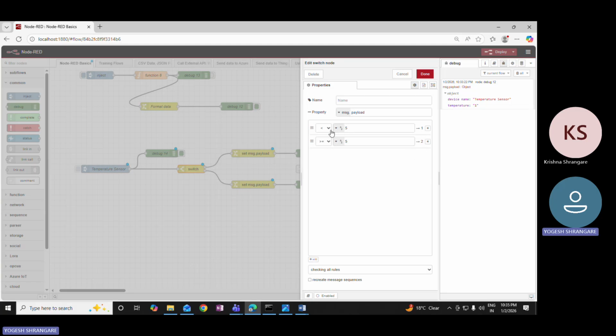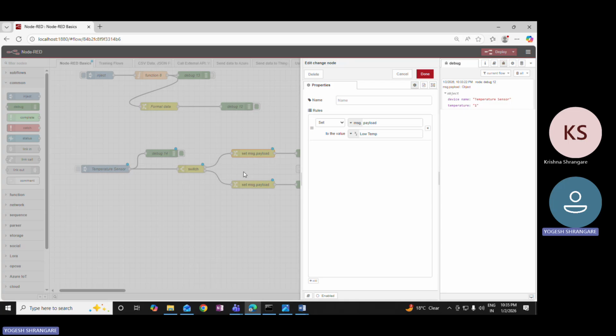So one condition is if the value is less than 5 and if the value is greater than or equal to 5. So here different options are available. You can put any, like equal to option is available, not equal to is available. Different kinds of options are available. Okay. So I have simply taken a less than 5 and greater than or equal to 5 option,